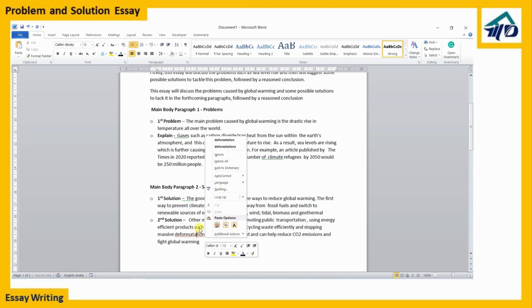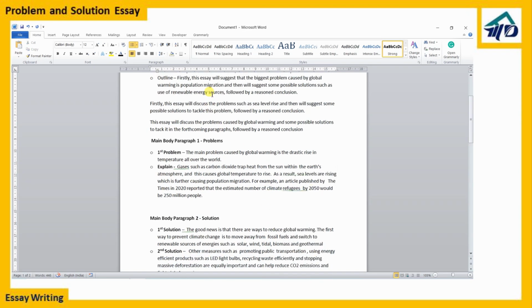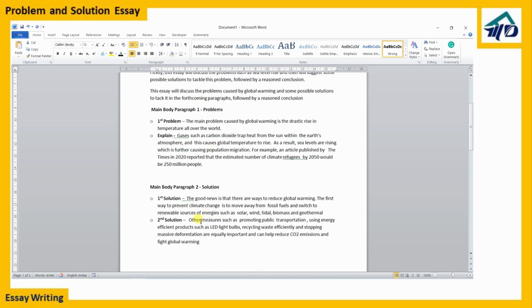Now there is one thing here, because I am not putting too much focus on energy efficient devices as a point. So here I need to change one thing in my outline, and then we'll suggest some possible solutions such as, well, okay, I thought I had written two points there: renewable energy sources and energy efficient devices. If you write, let's say, renewable energy sources and energy efficient products, then I cannot write this statement in this way. Why?